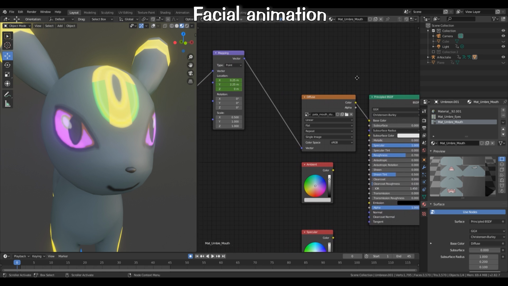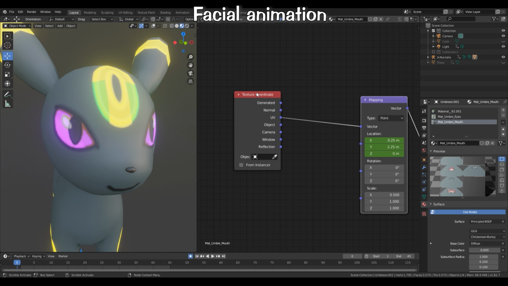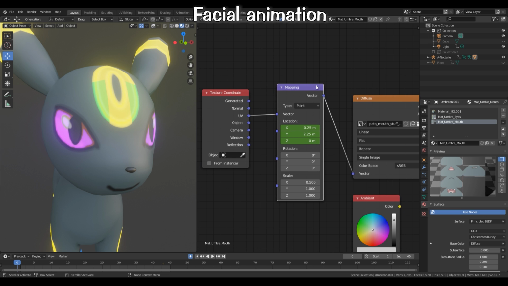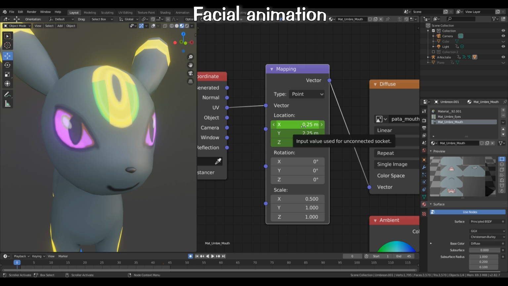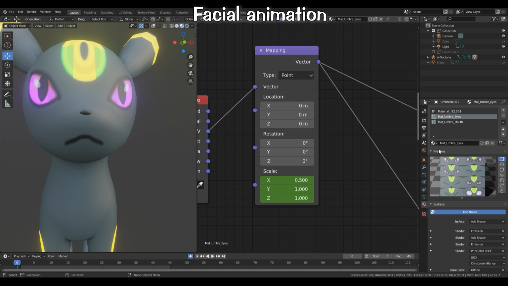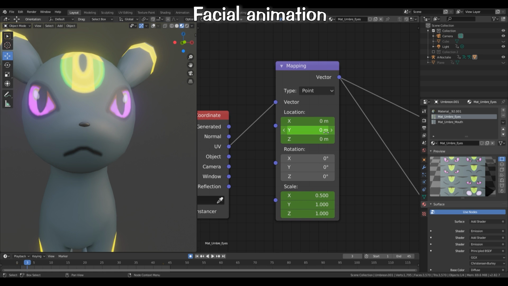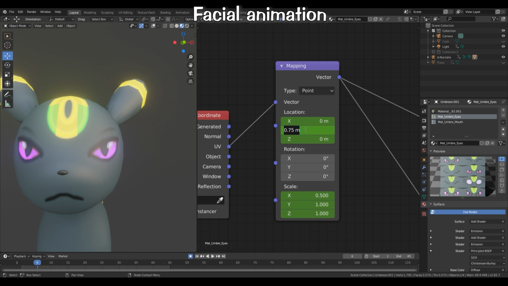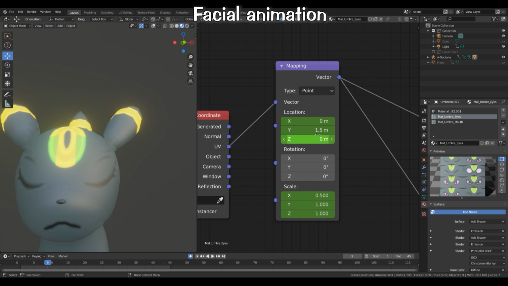And what I need to do is just to add those two specific nodes, a texture coordinate and a mapping node, and the mapping is just here to select which one I want. I will take the eyes, this will be easier to understand. So for example, I want to close these eyes, so I will add one keyframe here, then 3 keyframes later, I will want this specific eye, then again 3 keyframes later, I want this eye, and etc.